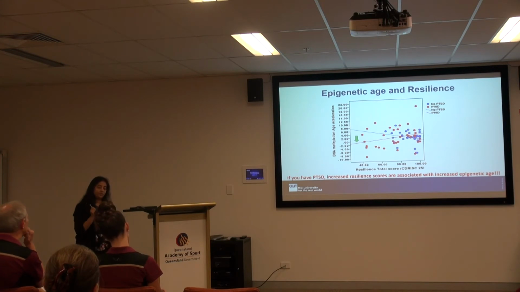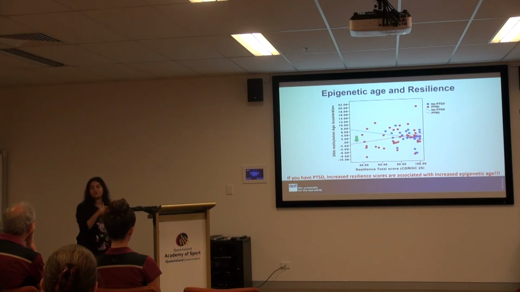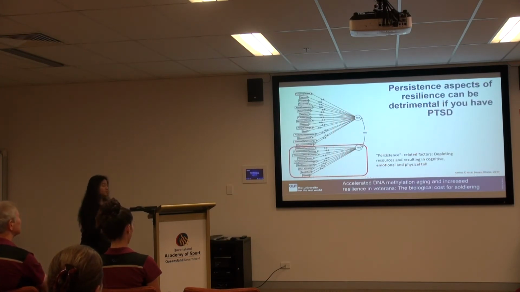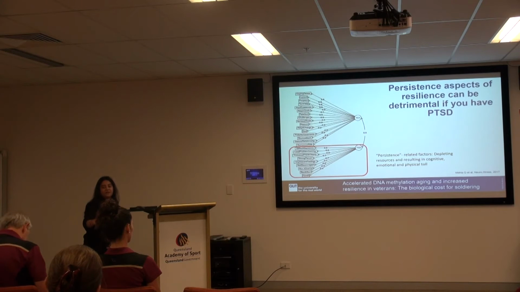Now, as I mentioned, the way we calculated resilience was through the questionnaire. There are 25 questions, and of course, one main question is, could it be a subset of questions that are driving this kind of interaction? So we looked deeper into the questionnaire, and we did a factor analysis to see if there were specific parts of the questionnaire driving this unexpected result. And what we found was there were 9 questions, here in red. If you look back at the literature, a lot of psychologists and researchers have termed these persistence-related questions. And it was these 9 questions that actually drove the unexpected results.